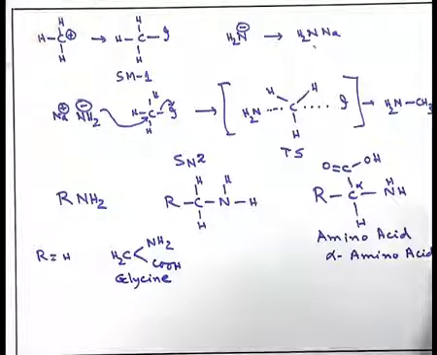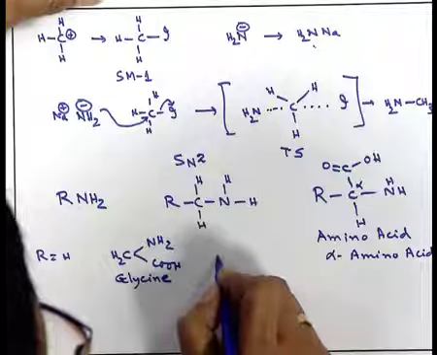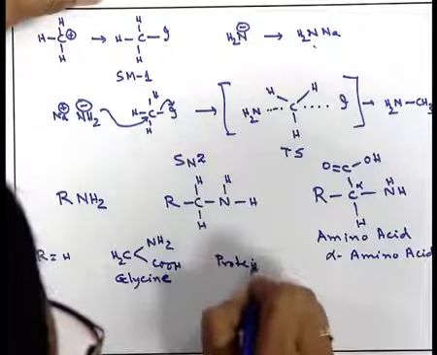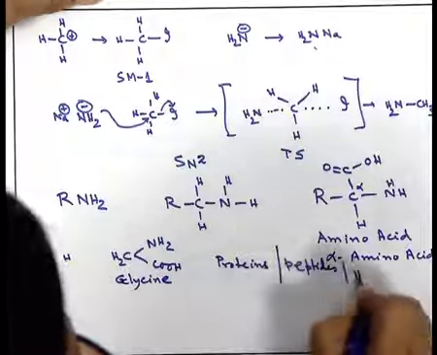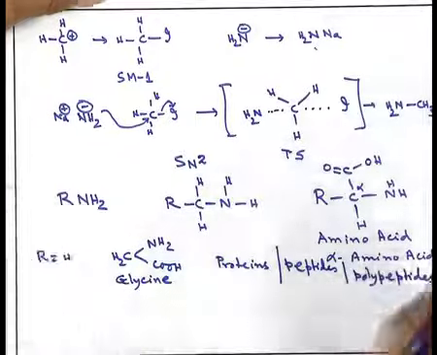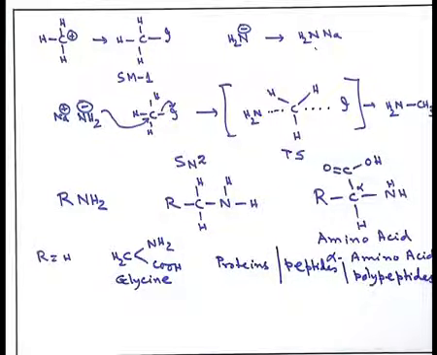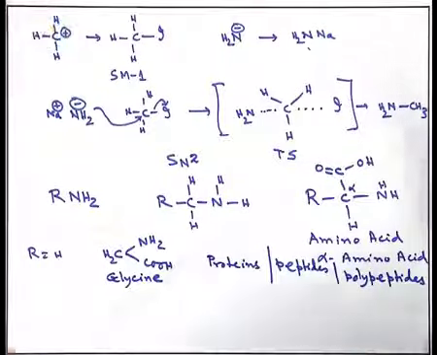Likewise, the higher substituted or beta substituted amino acids, gamma substituted amino acids could also be obtained, and those are the building blocks of another biologically important class of compounds, that is proteins and peptides, and peptides again being linked to polypeptides, that is the polymeric form of the peptide. So, in that way biologically active compounds, peptides to polypeptides, all those come under the umbrella of carbon nitrogen compounds, that is nitrogen containing organic compounds.